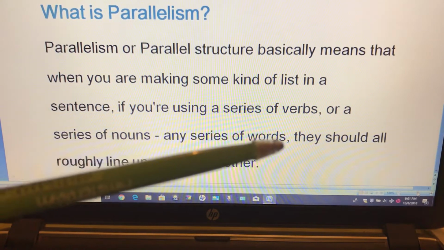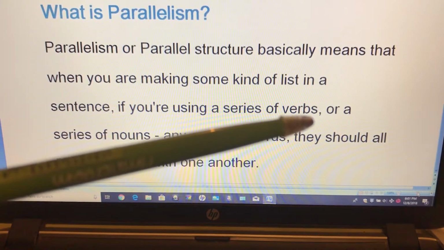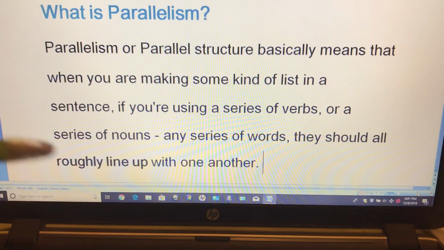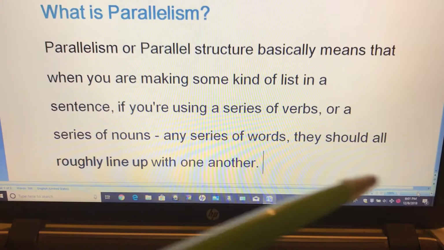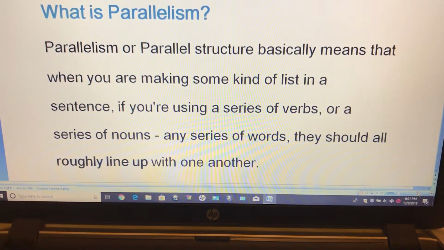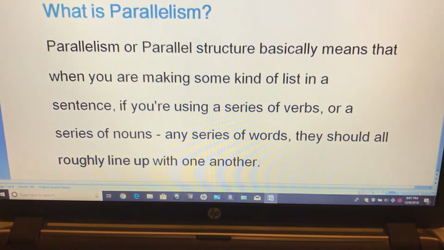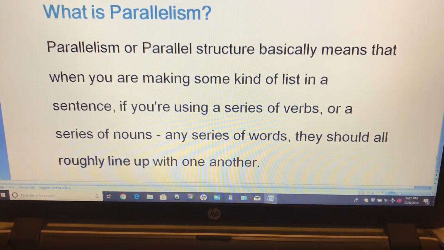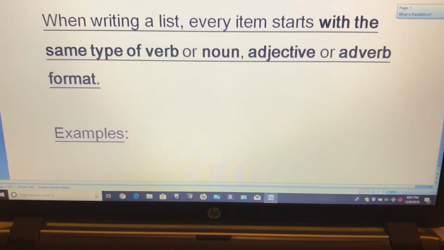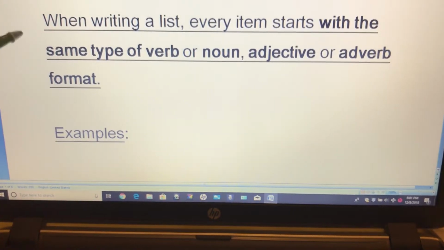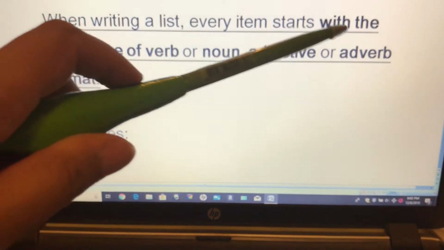If you're using a series of verbs, right? For example, laughing, singing, dancing, right? Or a series of nouns, basically any series of words, they should all roughly line up, right? Like a line up. So let's go down, let's scroll down. When writing a list, every item starts with the same type of verb or noun, adjective or adverb,